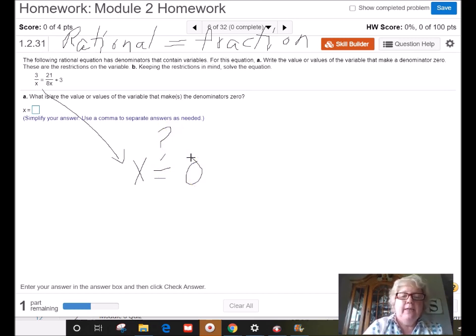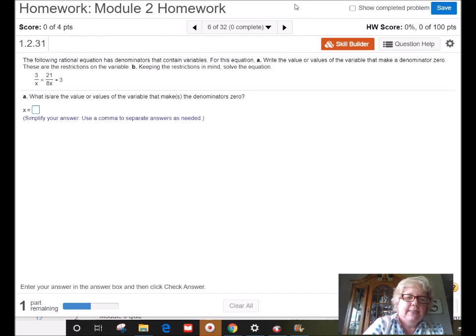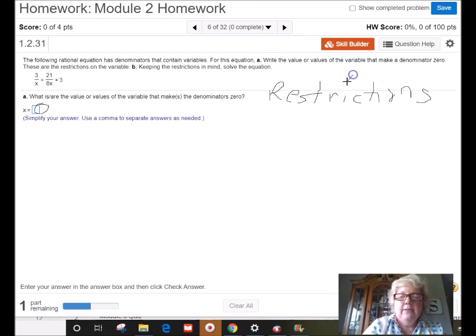Now, this first one, it would be 0 itself. So 0 is equal to 0. Our first answer then is going to be 0 because this is called the restrictions. Restrictions are numbers which give you a 0 denominator. Now, you may wonder what's the big deal about a 0 denominator. Remember, 0 denominators,